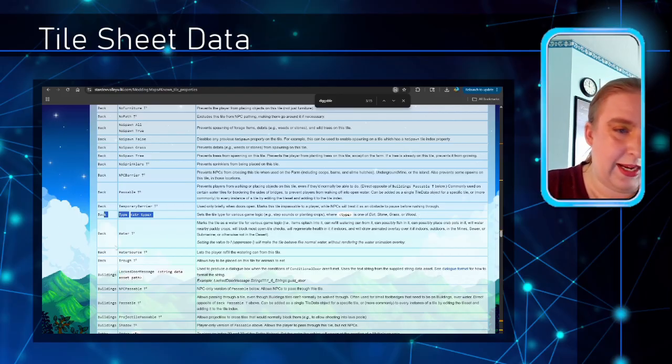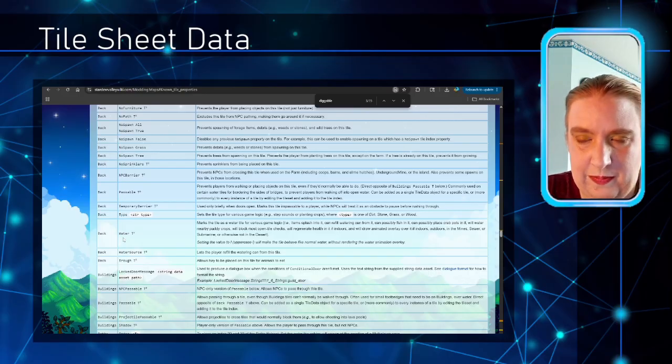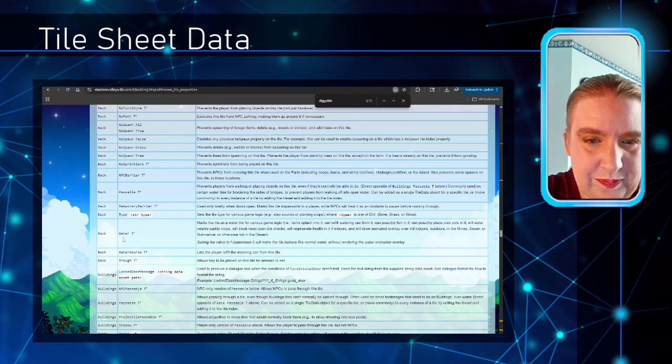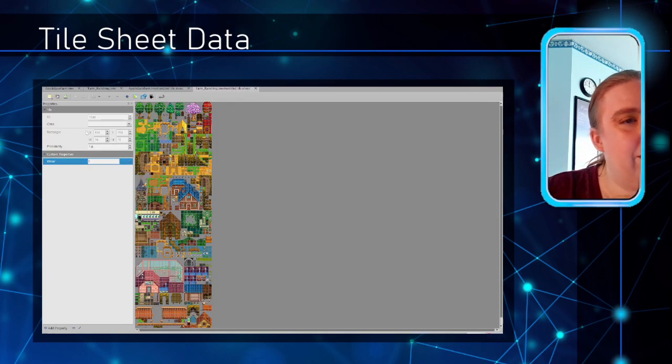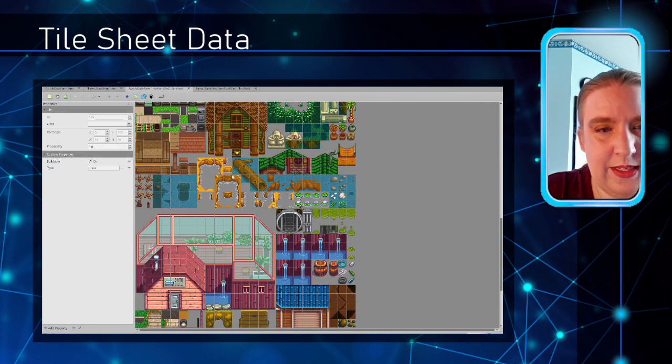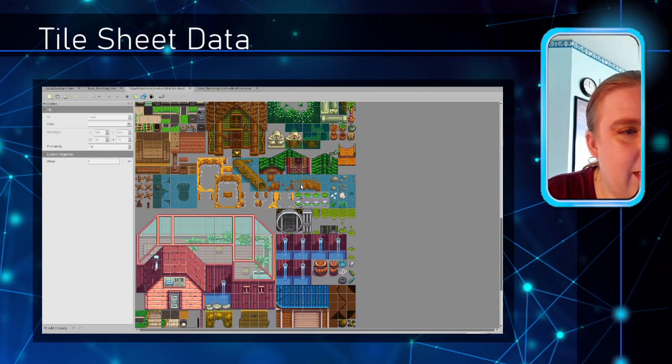And then for water tiles, we're going to set water true, and that's going to be the bit that puts the water overlay over our ponds and lets the farmer refill the watering can from them. So we will go ahead and do that. So you can copy from an existing map and then open your tile sheet, paste it in. So if I was going to need to go in manually to add the water,